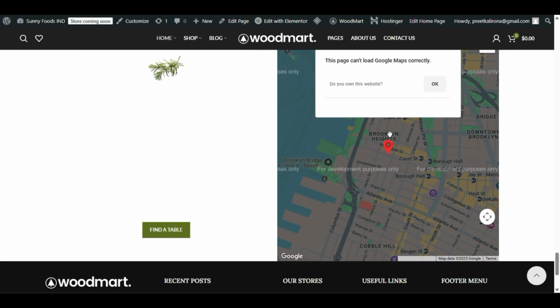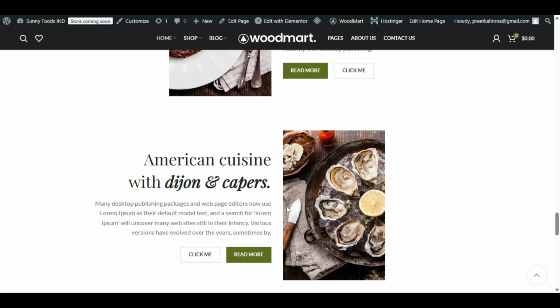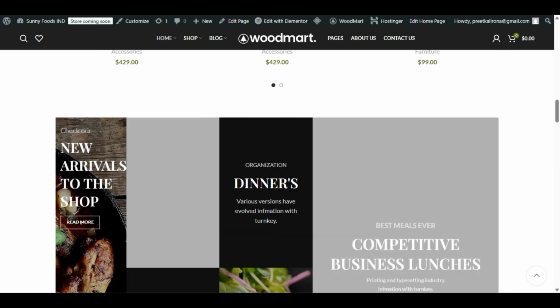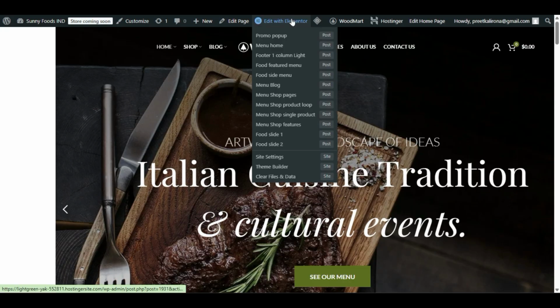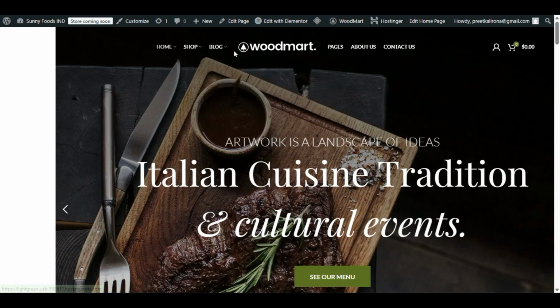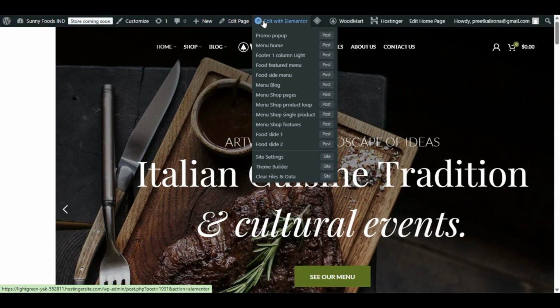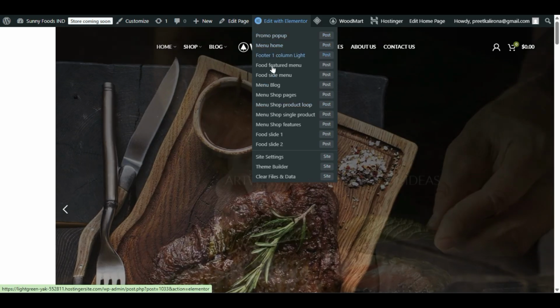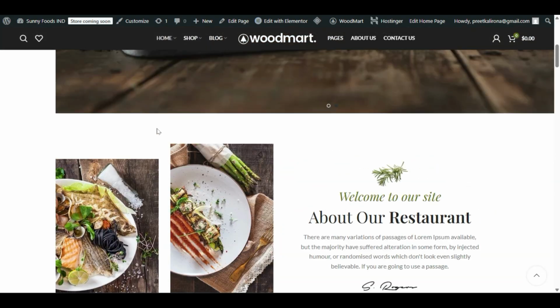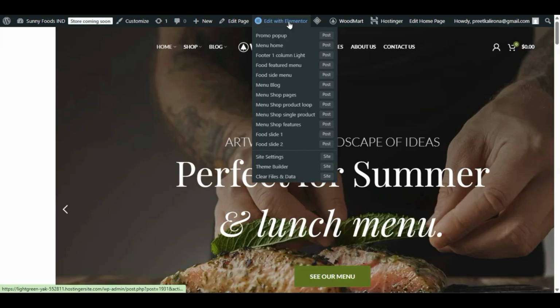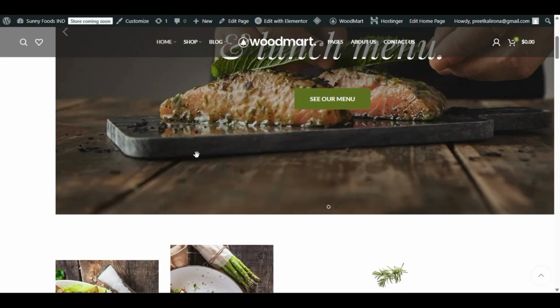I will also show you how to display the map for the location here. To start customizing, we can directly click here, edit with Elementor, because we chose Elementor. When you hover your mouse over edit with Elementor, you will see there are different types of post types which are implemented in this home page. So to customize, we can directly click edit with Elementor, and we will immediately start customizing our